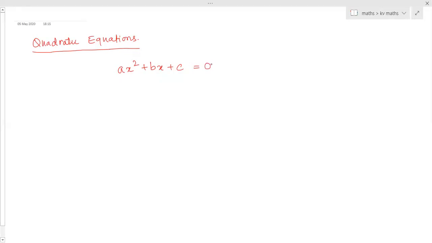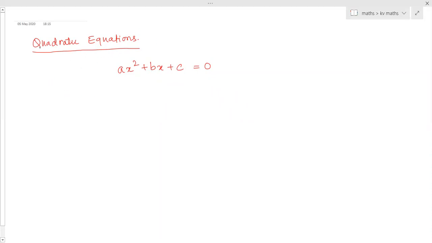An equation always has two sides, LHS and RHS, and LHS should be equal to RHS. To make LHS and RHS equal, we have to find the value of the variable. That is what solving any equation means: finding the value of the variable so that the LHS and RHS of the equation become equal. Till now you have solved linear equations. Now you have to solve quadratic equations.